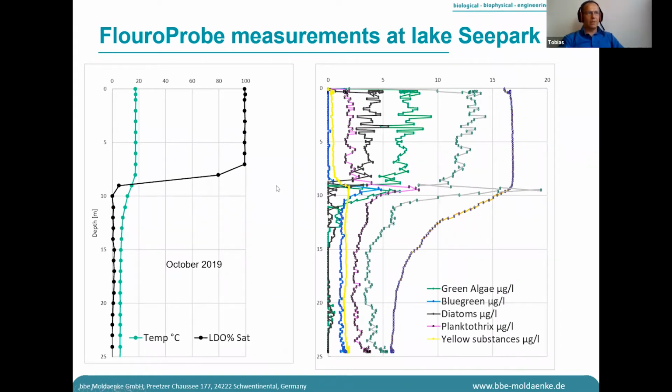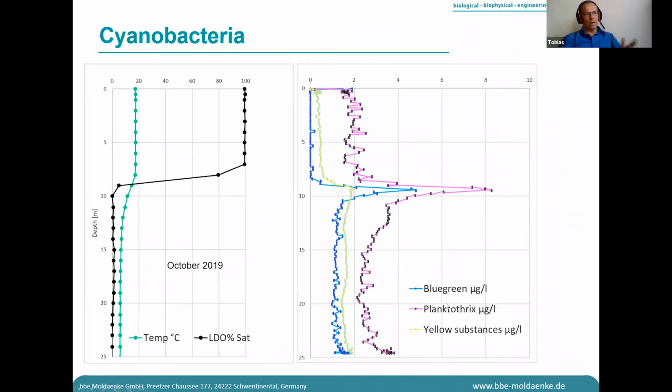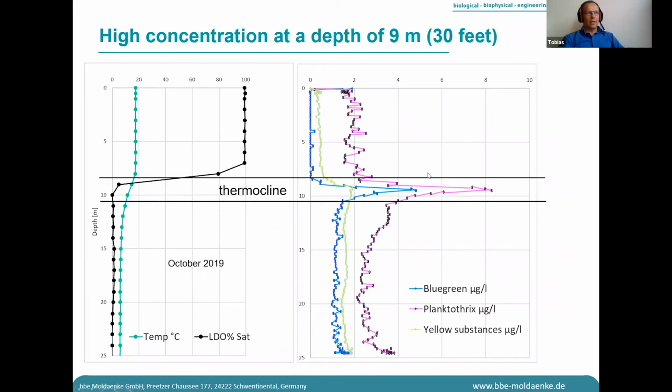If we are looking for the toxins, more the Planktothrix and the blue-greens are optically toxic algae. The toxins are in the algae, but they are an indicator of whether toxins could be in the water. And you see that the high peak of the concentration is in the thermocline. This guy, for his microscope work, only takes the surface area, and he only found Planktothrix and no blue-green algae. Now he took some samples in this thermocline, and then there was much more to find for him, and he was very happy to make this measurement. It was last year in October.